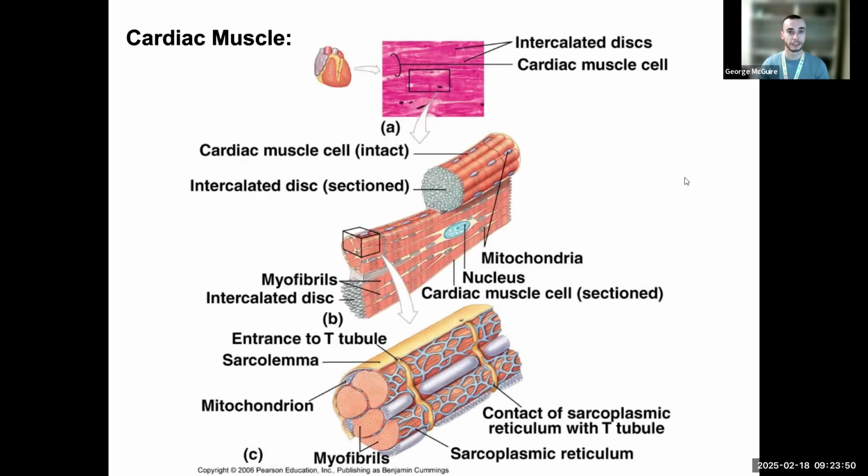So cardiac muscle is similar in function to skeletal muscle. We still have sarcomeres, and that's going to create these striations in the muscle. But rather than having these really long muscle cells that go end to end with multiple nuclei, so producing one contraction at a time, filling the full muscle with that single contraction, cardiac muscle is structured in a way that